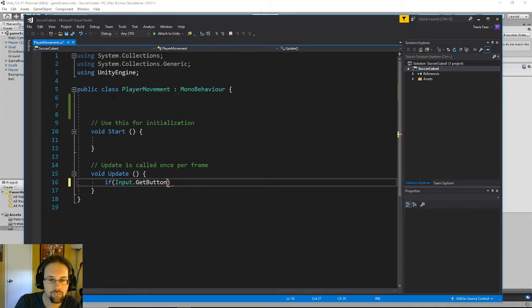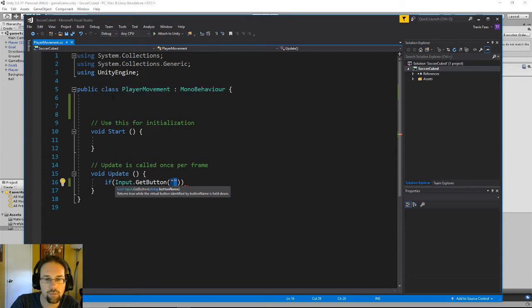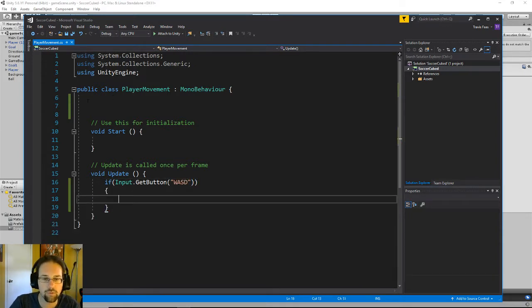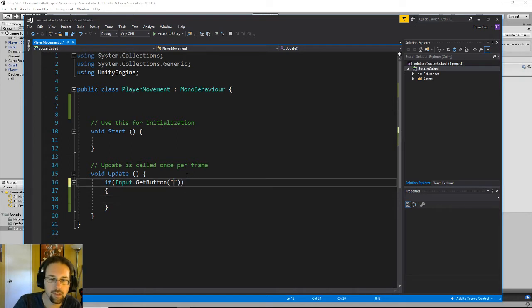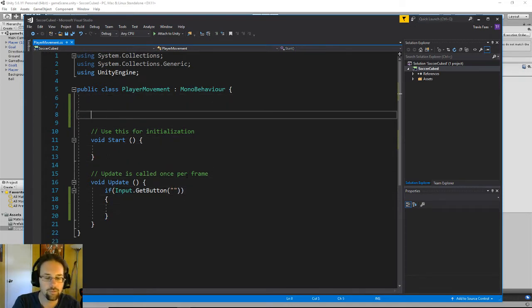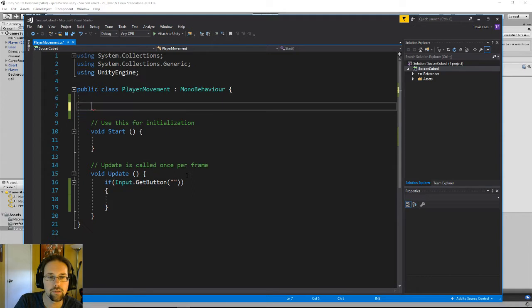So we want input.getButton, and there's a couple ways in which we can do this, but what I'm going to do, instead of writing like WASD or whatever in this case, I'm going to split it up a little bit differently and have it so that up here we define what these things are. So public left, oh actually,